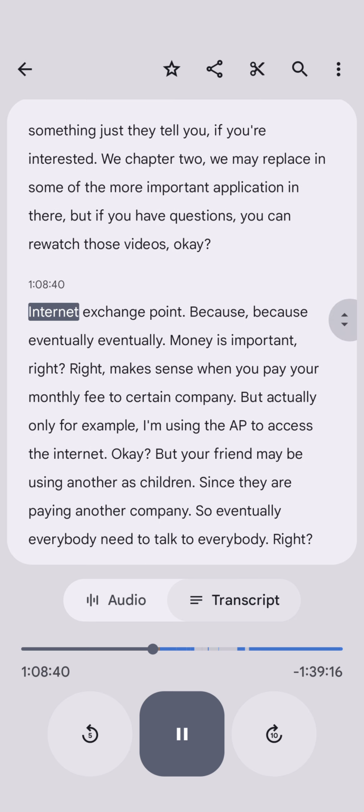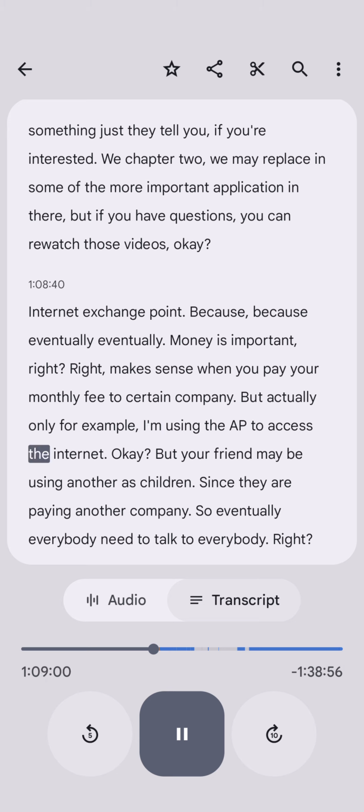Like internet exchange points, because eventually, money is important, right? Makes sense? When you pay your monthly fee to a certain company, for example, I'm using